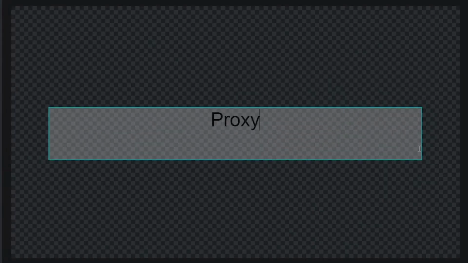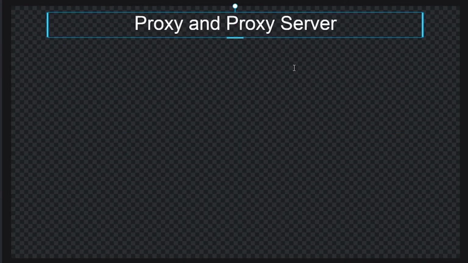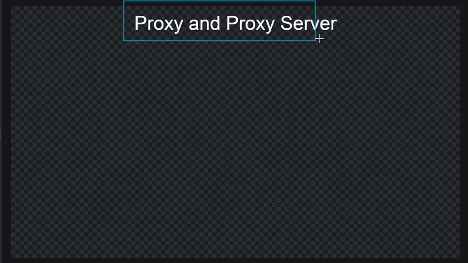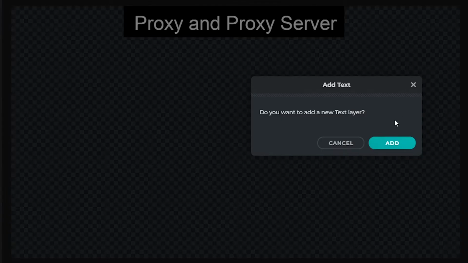Today we're going to talk about proxy and proxy servers. Okay, so that's our topic for today, and we're going to talk about it in such a way where it's easy to understand for anybody who is new to IT or somebody who is just now starting to work in IT. This is important to know because in a business environment, proxies and proxy servers are used to filter, route, and control internet traffic. So for example, if you have a computer